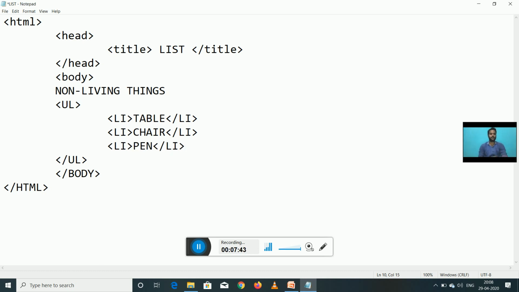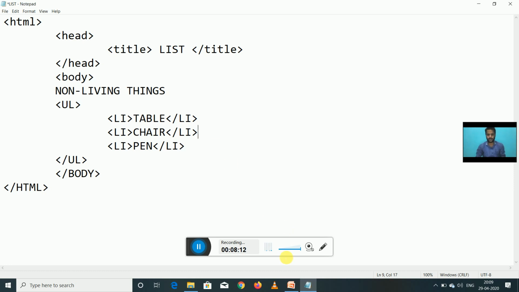Okay, I have started the ul tag here, and I have closed it here. All the li tags are closed. These are the first point, second point, third point. I have not written here any type of bullet. So I want to see which type of bullet is the default bullet HTML will present us.